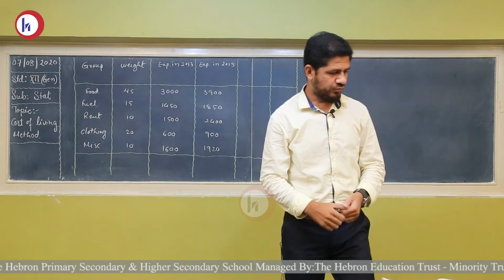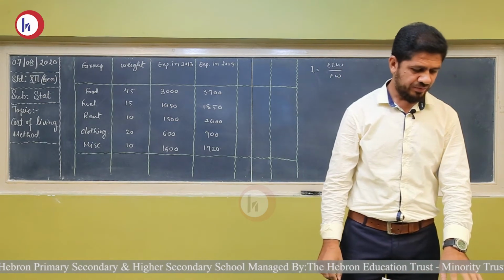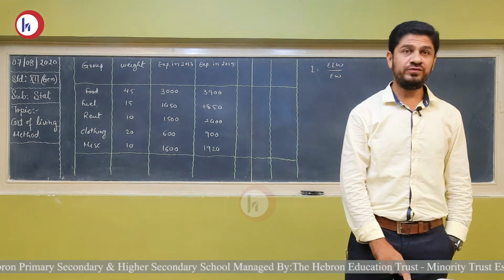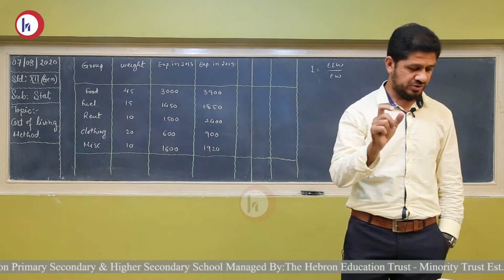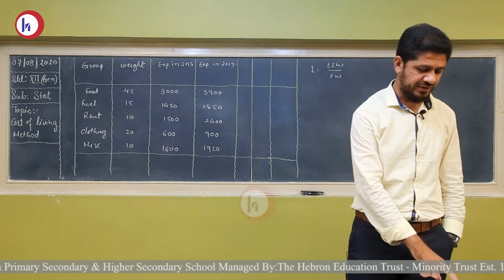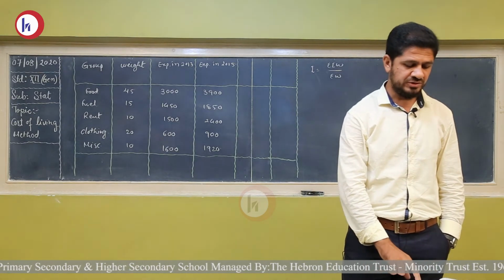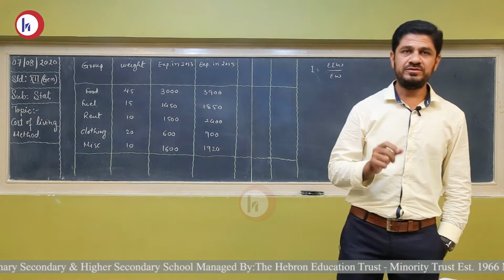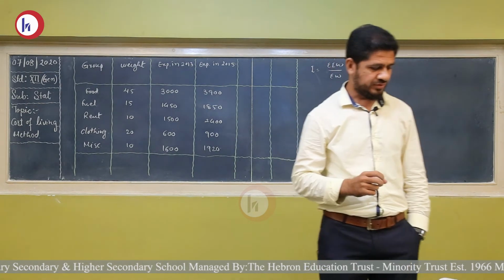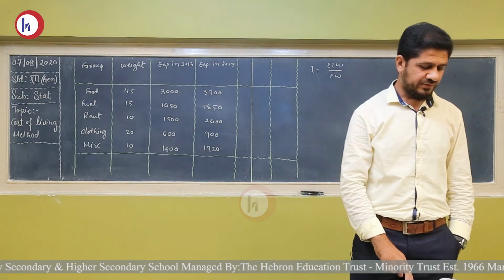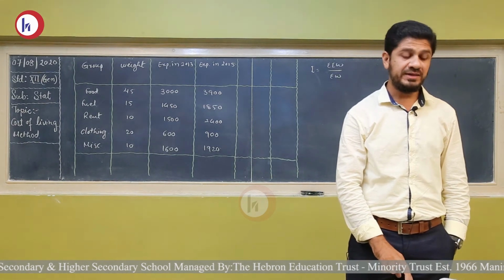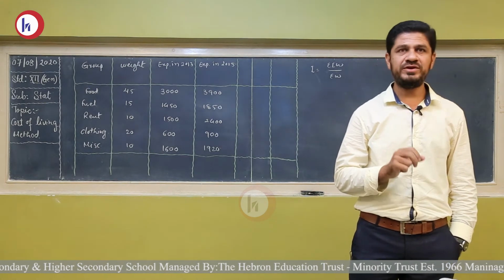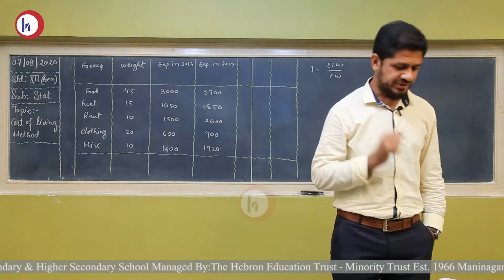Question number 1. The following data are obtained from the family budget inquiry of middle class people. State the change in the cost of living in the year 2015 with respect to year 2013 by finding the index number. So the word cost of living is given. We know there are two methods of cost of living. Let's read further. If the average monthly disposable income of family in the year 2013. So the word family is mentioned, it clearly means that we have to follow the method of family budget.